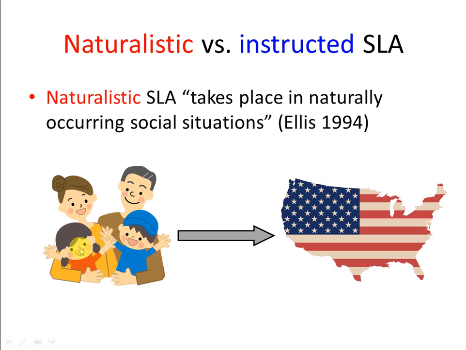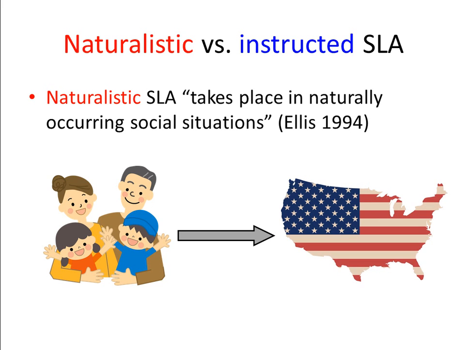So these Japanese children will pick up English from those children in the US, and those children, of course, speak English. So through playing with those children, these Japanese children will gradually acquire English. So this is an example of naturalistic second language acquisition. Okay,